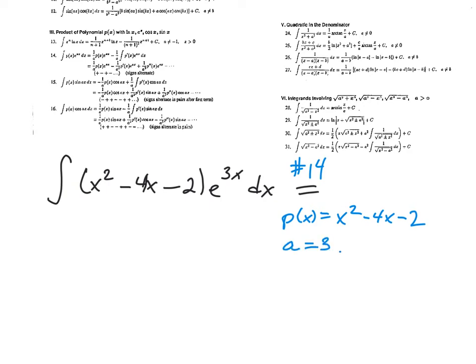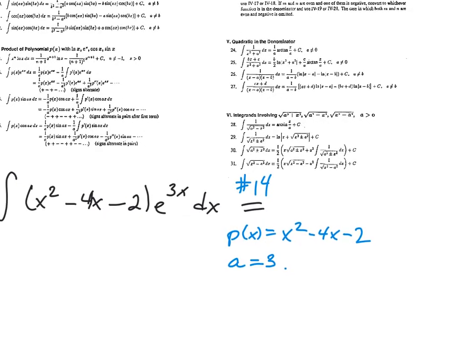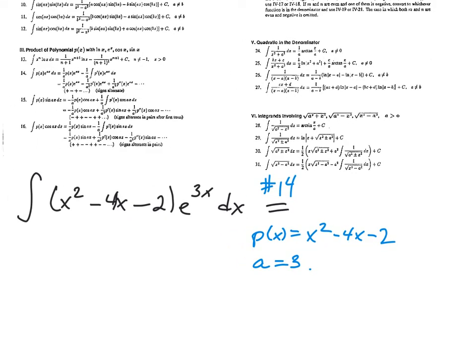All right, anyway, so getting started here. This is going to be equal to 1 over a, that's 1/3, p of x, that's x squared minus 4x minus 2, times e to the ax, that's e to the 3x, minus, okay, I can see this is going to become a space problem here,